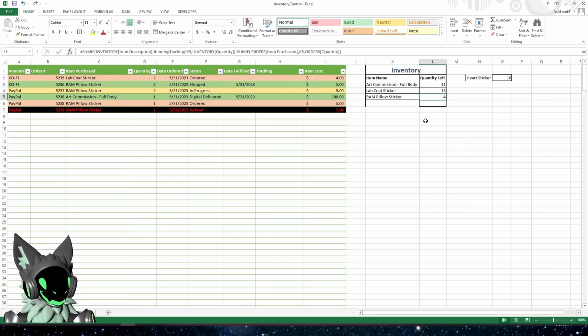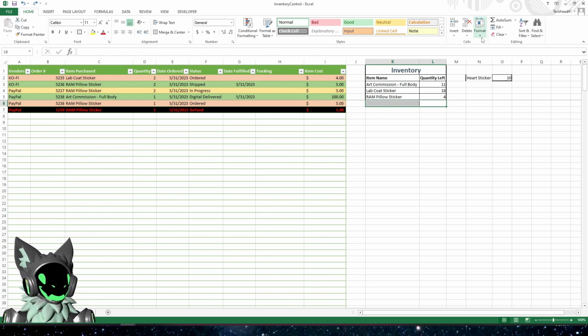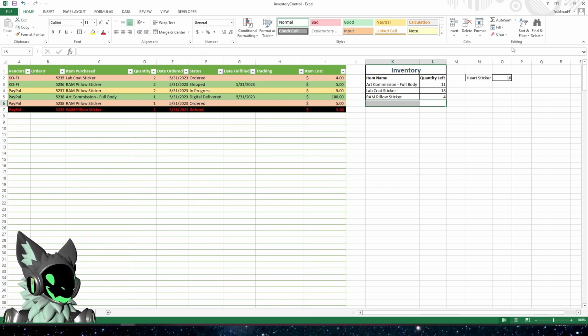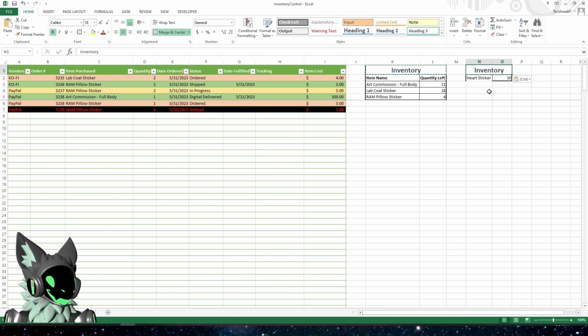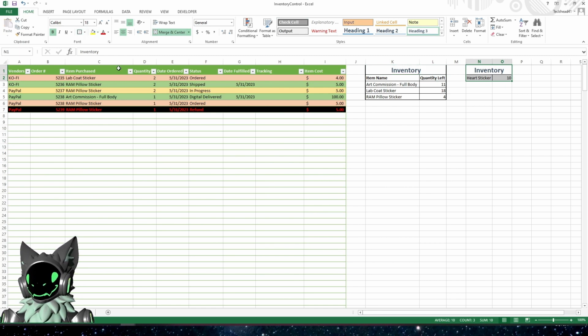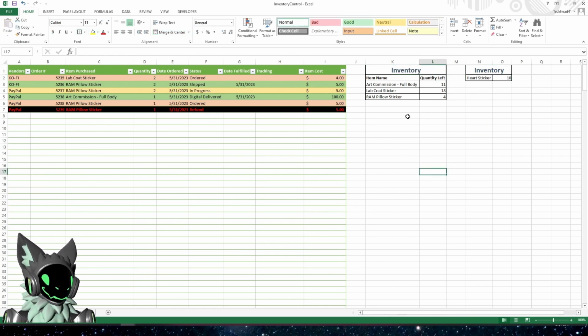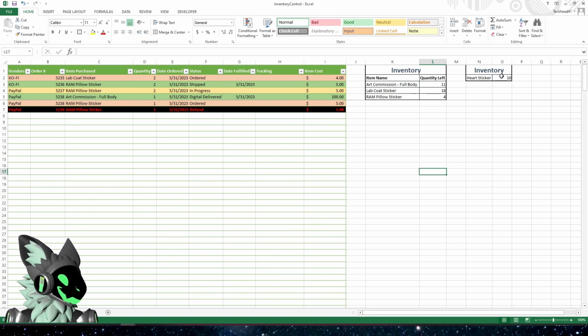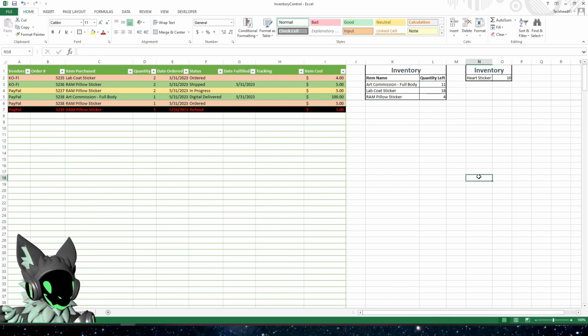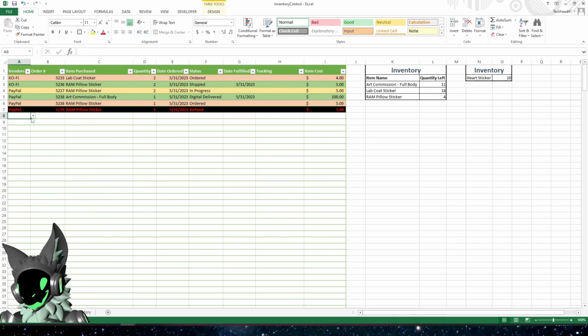And Control Z, because we don't need all that nonsense. And I'm going to come up here to clear the formats. Click all, clear all. And just like that, we can now move. I'm going to do copy, and I'm going to paste that over here. Throw another box around it. And then there's another subsection of our inventory that's over here. I don't have to put the word inventory above it. That's just simply for looks. But the same thing happens, is that